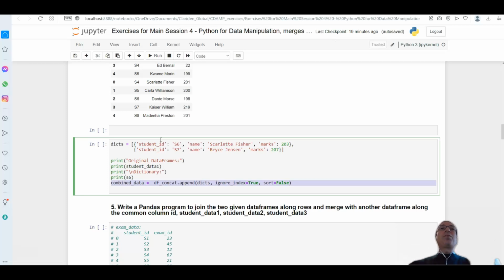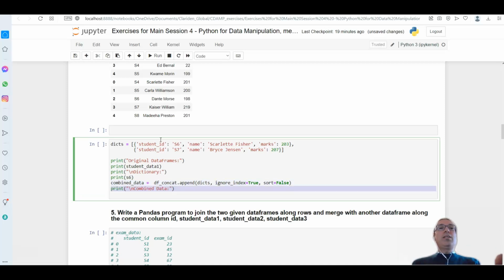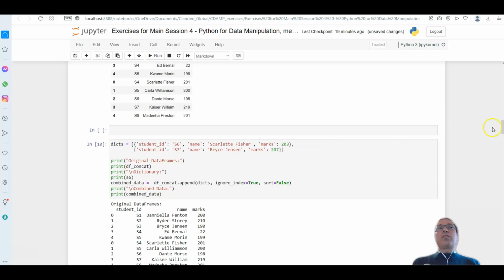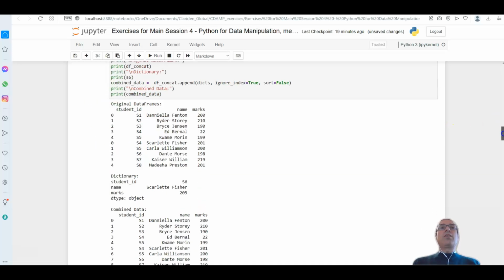It's not a proper frame yet. It's going to be created on the fly. And then sort equal to False, not to sort either of the two elements. And then this is the combined data. So before running, let me just fix the df_concat name here. And here we go. We have the concatenated